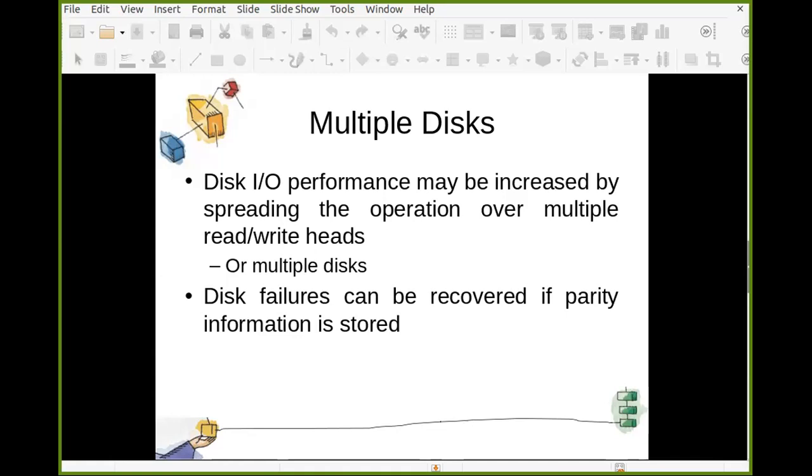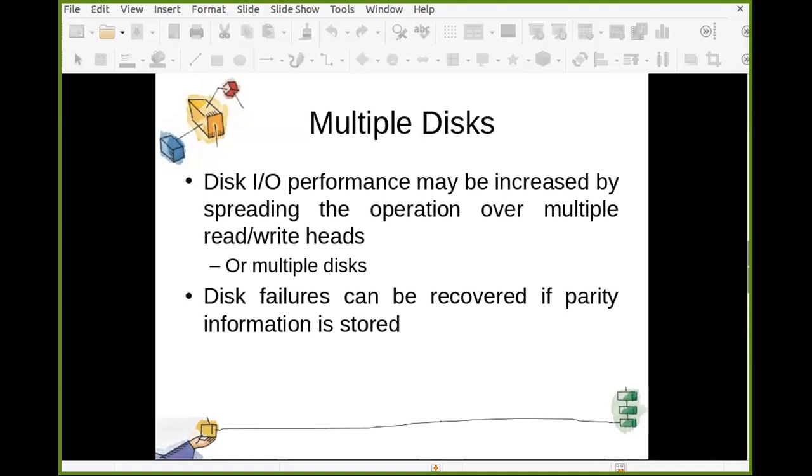The whole data of your hard disk is already duplicated on another disk. Now requests are coming for the same data or different data from that hard disk. Two different requests can be served at the same time, because now you have two copies. Simple. So multiple disks will definitely increase the performance.